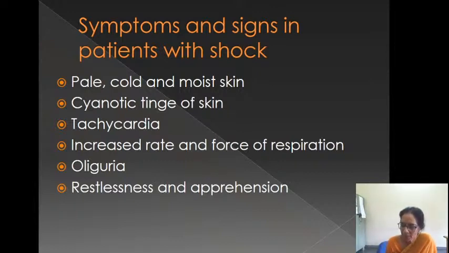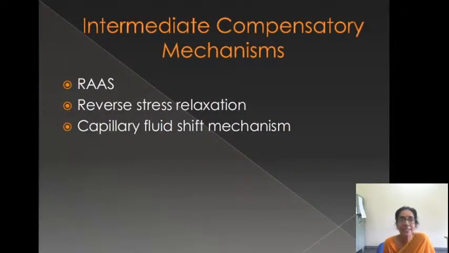So we are finished with the immediate mechanisms. Now coming to the intermediate compensatory mechanisms. All this you must have done in blood pressure, so I am just brushing through this once again. The intermediate compensatory mechanisms are the renin-angiotensin-aldosterone system, which is one, reverse stress relaxation is the second one, and the capillary fluid shift mechanism is the third one. So coming to the first one,